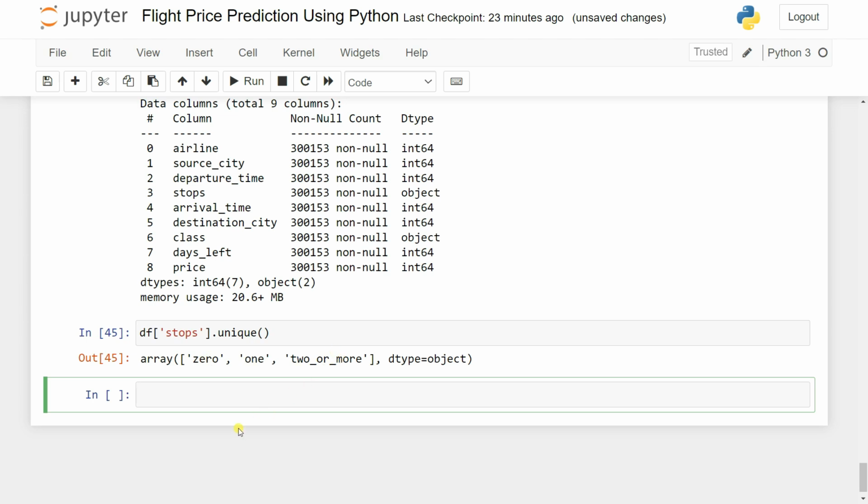So now what I can do is simply convert them from categorical to numerical. So it can be stops equal to df of stops dot map, and inside that I'm simply going to map it out. So let's say 0 stays 0, and for the 1 I am going to convert them into 1, and the 2 or more,